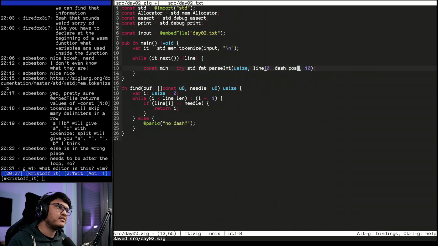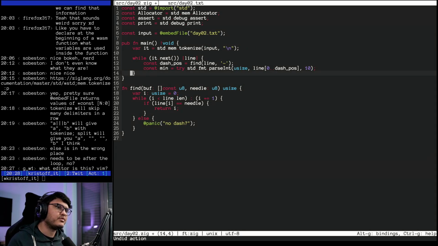So now for each line, we want to find the min, which is going to be, well, give it a dash position. Const dash position equals find line, character.